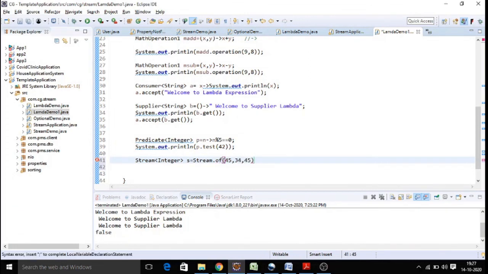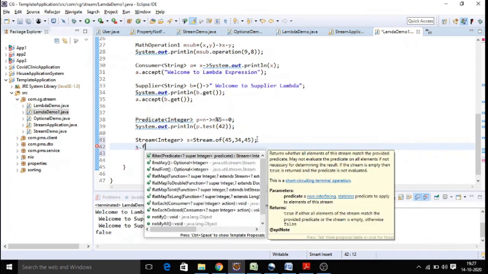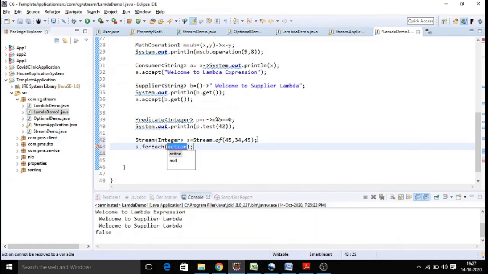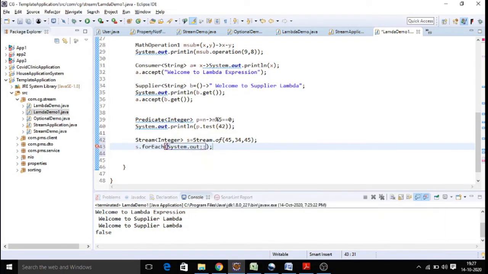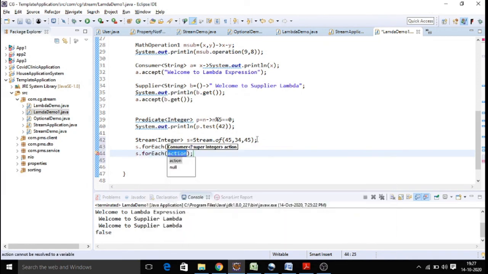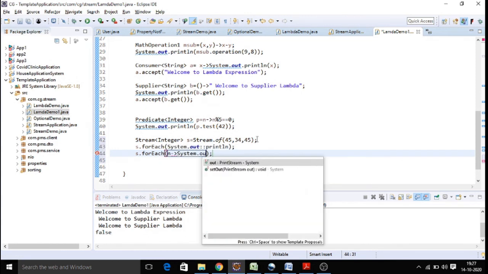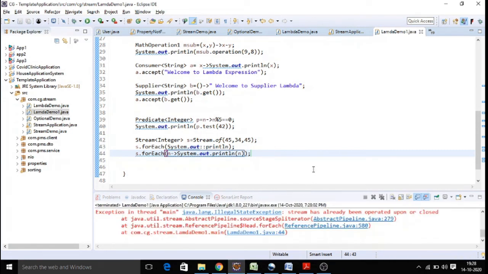To iterate those numbers, you can say s.forEach of System.out double colon println. This itself is called the method reference operator, so you don't need to construct the logic. If you are not using the method reference operator, you have to say forEach of n lambda, then System.out.println of n. So instead of writing this lambda, you can make use of this method reference operator.